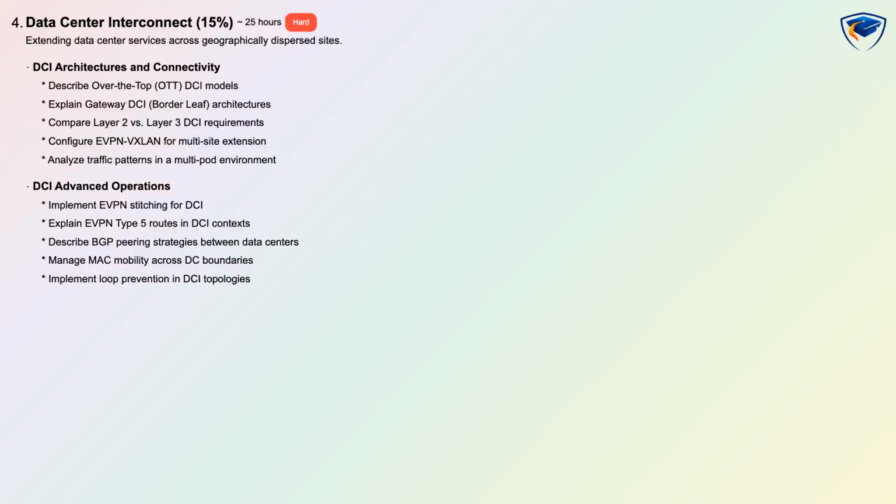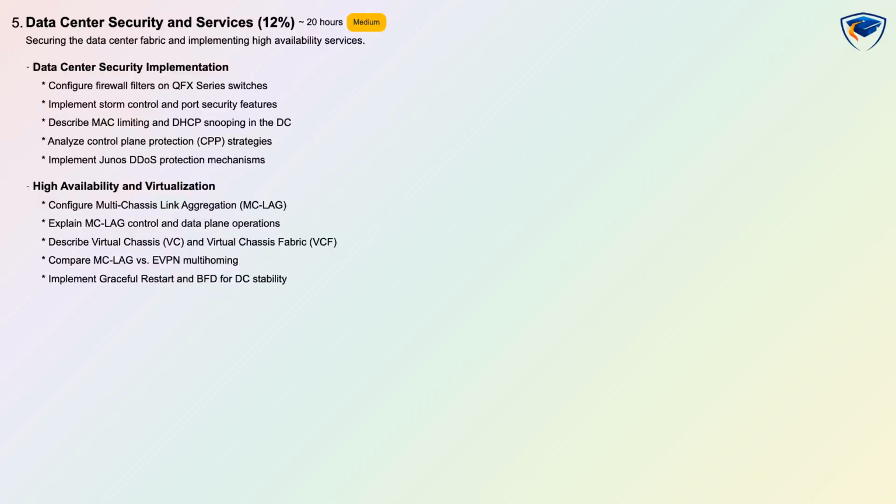The domain also covers Type 5 routes in DCI contexts, BGP peering strategies between data centers, MAC mobility across boundaries, and loop prevention techniques. Data Center Security and Services is 12%, medium difficulty, with about 20 hours of study and